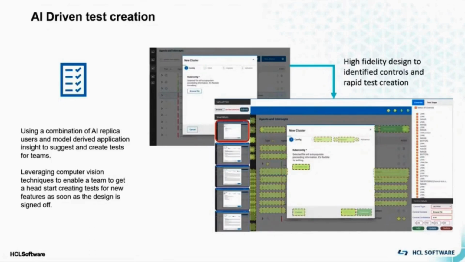We have trained this model on object and control recognition within user interfaces. So lots of screens have been scanned and analyzed so that we identify a button as a button, a drop-down as a drop-down, exactly the same way the human brain and the human eye would do, right? So we scan images,